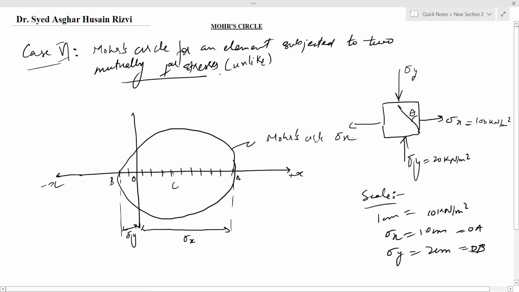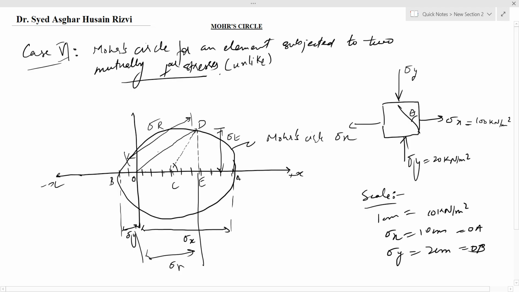Similar to the previous case, we will mark angle 2 theta from C and extend this line, and it will cut the Mohr circle at point D. We will draw a perpendicular from point D to the x-axis and it will meet the x-axis at point E. We will join O and D. Here also DE will represent the tangential stress, OE will represent the normal stress and OD will represent the resultant stress sigma r. We can find out the value using the scale, and